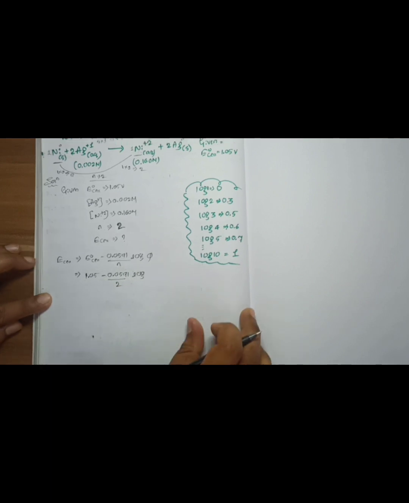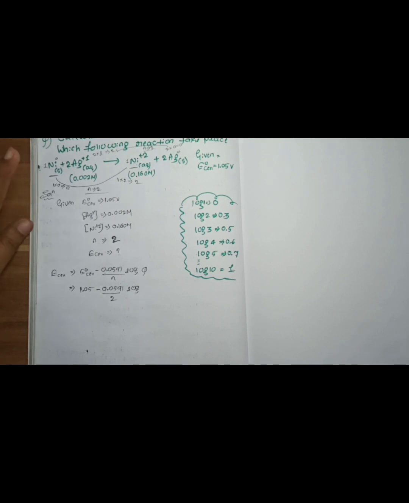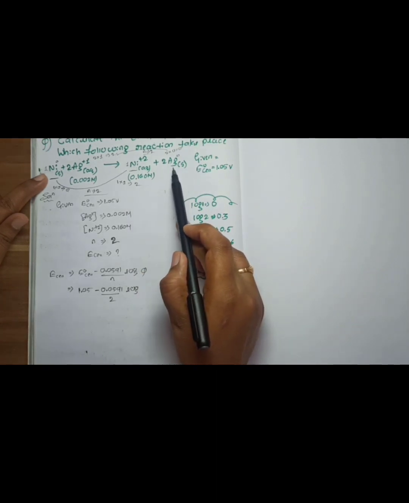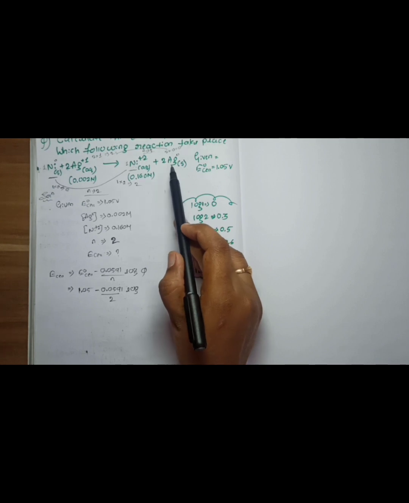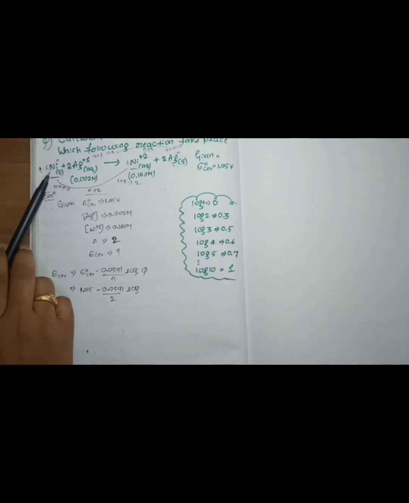Now, Q means what? The constant reaction coefficient, that is the concentration of product divided by the concentration of reactant. Now, from this cell reaction we have to write it. Already I explained the concentration of any solid element, what we have to take? 1. Here Ag is in solid state, so its active mass is 1, and nickel is in a solid form, so that we also have to take as 1.